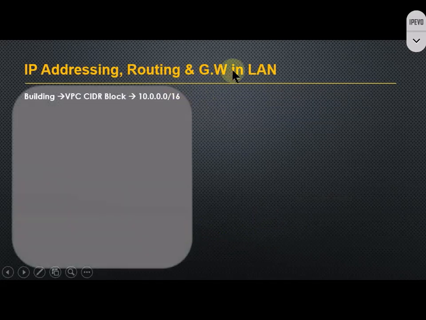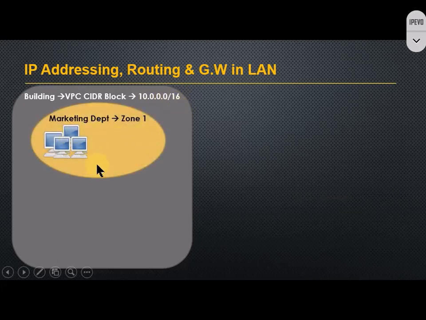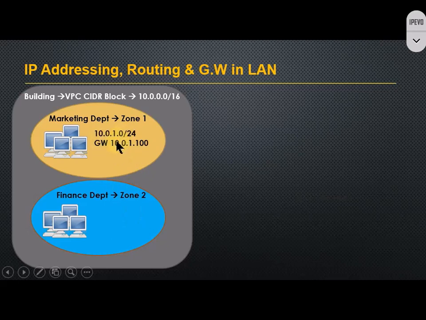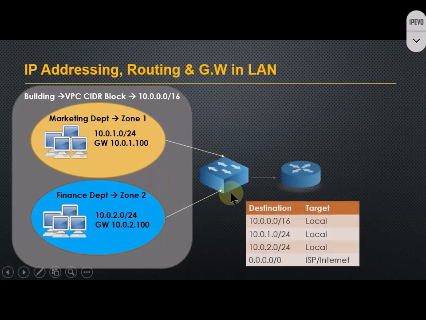So, IP addressing, routing and gateway in a local area network. I'm going to do a one-to-one comparison of the LAN environment with the AWS environment, to get you familiar with how a VPC looks. A VPC is nothing but a building with the VPC CIDR block 10.0.0.0/16. In that building, we have multiple departments like the marketing department and finance department. So this is like availability zones. Each availability zone will have different IP addresses and gateway, and these are connected with a virtual switch,